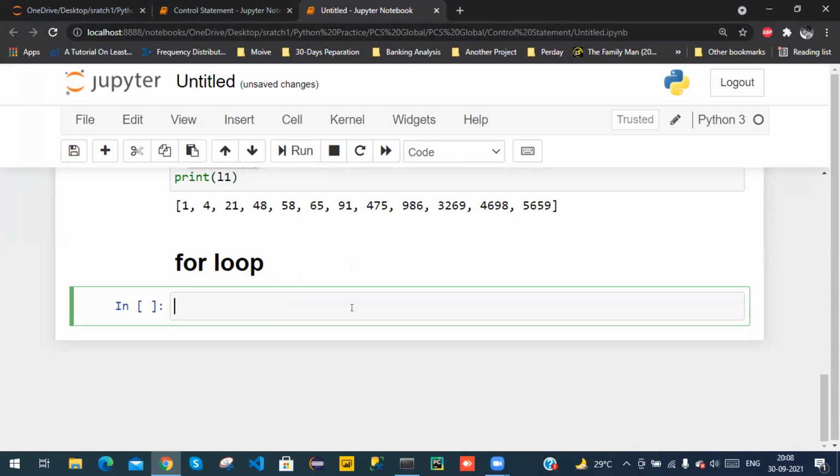It just iterates over one iterable. The syntax of the for loop is